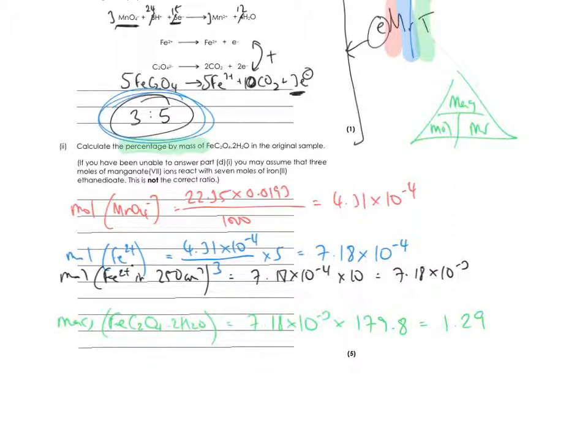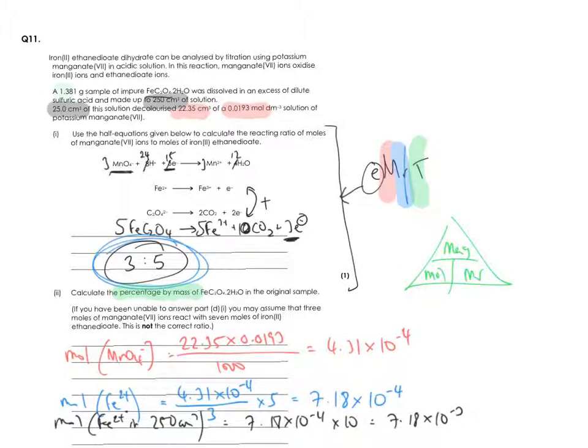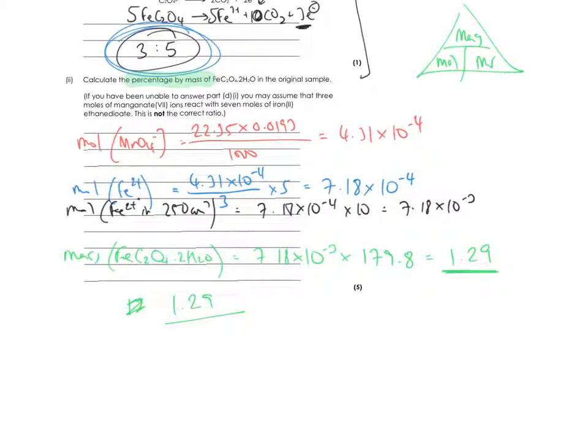So you've got to work out the percentage, you've got to use 1.29, how much is there, divided by the original impure sample, which is up here, look, 1.381. So 1.381, and then times by 100, and that gives you your answer, which is